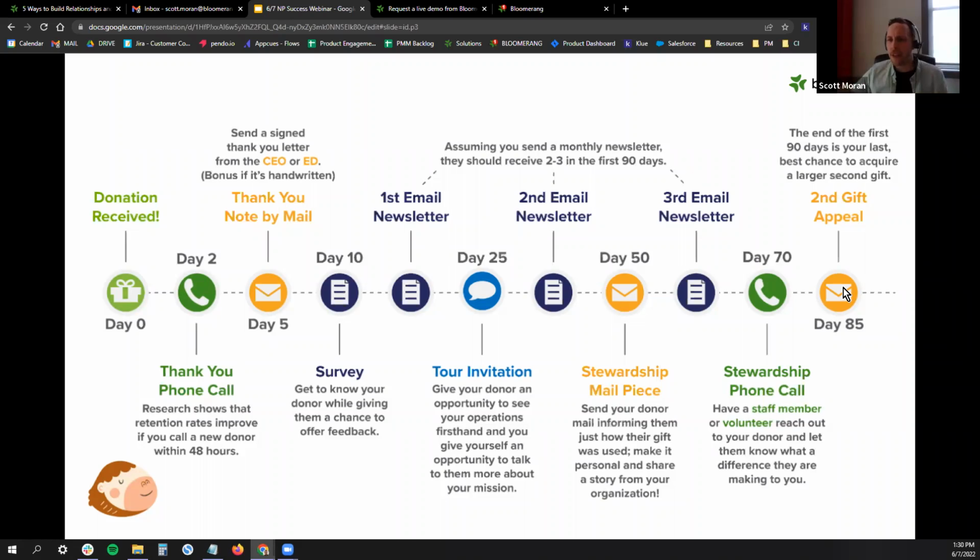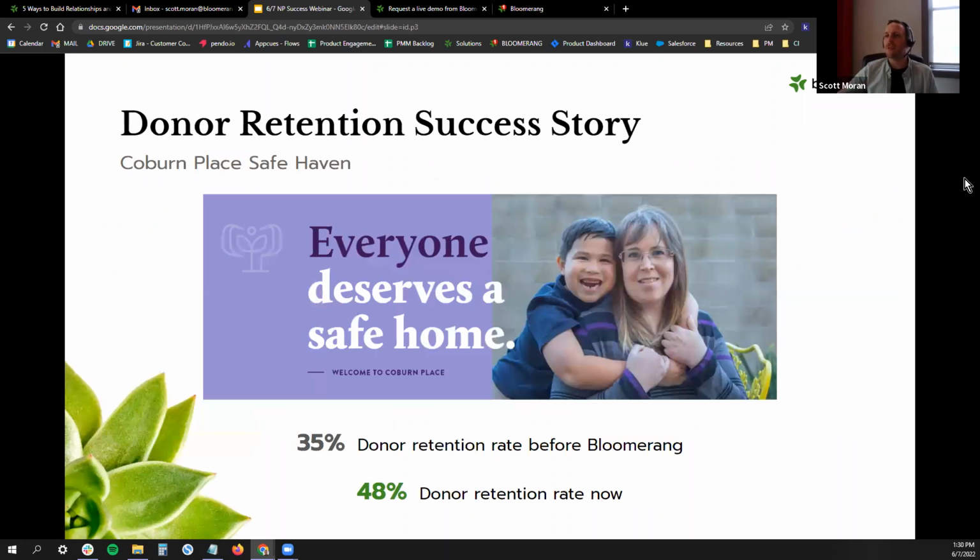So with all this said, I want to show off one of our customers that has a success story. I'm pulling in some Indianapolis-based organizations. I want to show off some of the really neat nonprofits that are here in Indy. But so Coburn Place is a safe haven. Before Bloomerang, they were at 35%,